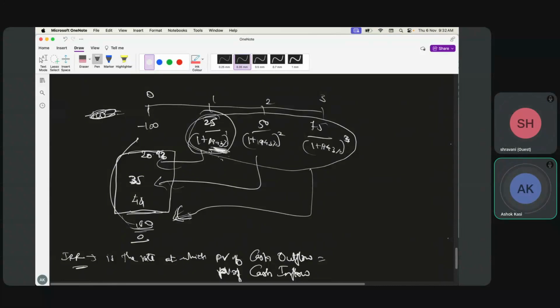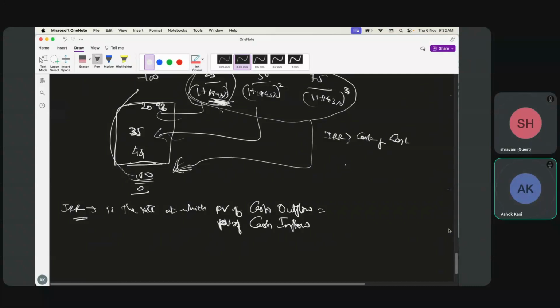Obviously, this IRR should be greater than your cost of capital. Otherwise, it doesn't make any sense, right? IRR should be greater than your cost of capital. Now, when I say IRR should be greater than your cost of capital, that is right. But then, suppose you find a case where